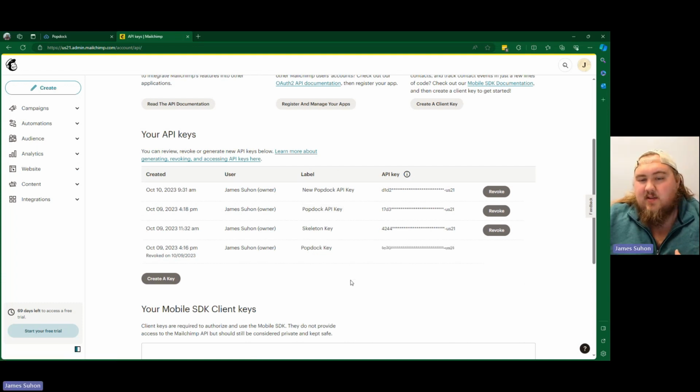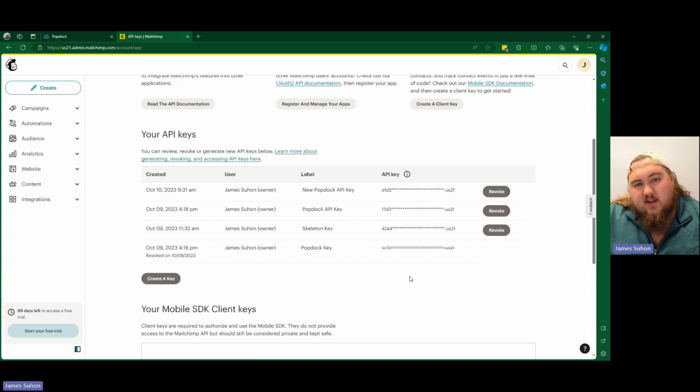But the thing is with MailChimp, if you've created a key and you don't have it written down, you're just going to have to create a new one. It's not that hard to do. It's quite easy, but then you just have to swap it out for wherever else you're using it. Me, I happen to have one written down, but as you can see on here on the end of all of these is this